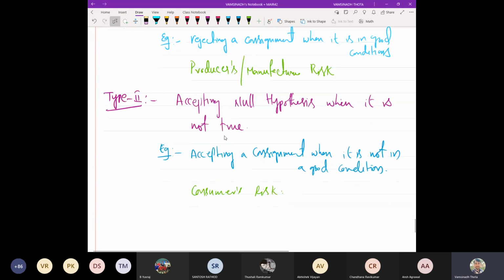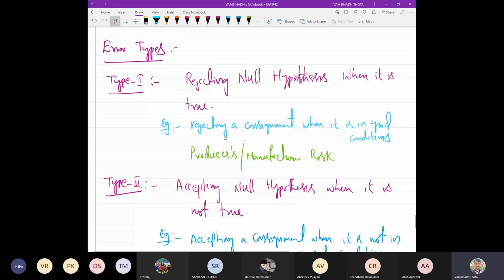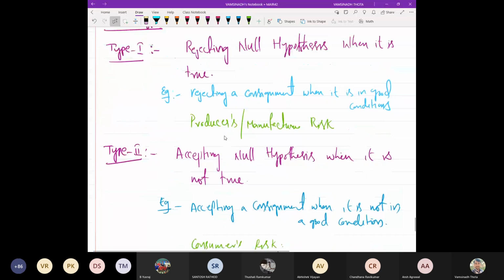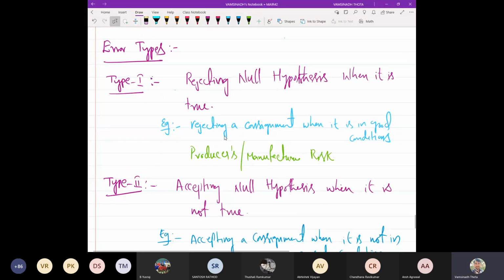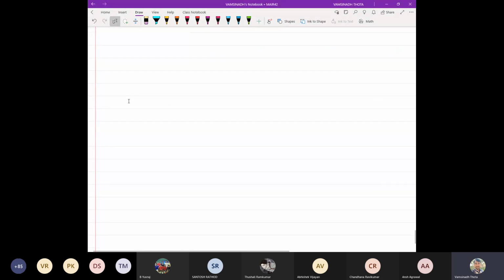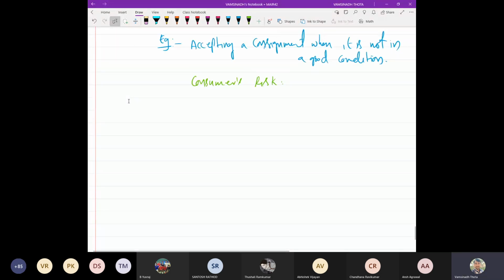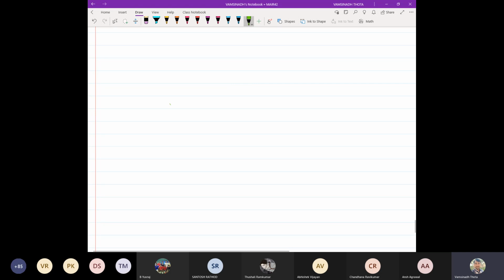Okay. So there may be two different errors possible. First, there may be no error. If there is any error, two different errors are possible: type 1 error and type 2 error. So they are classified into two different things: the manufacturer's risk and the consumer's risk. Now, what is the process of giving the conclusions for all these things? That is what will be explained in steps.